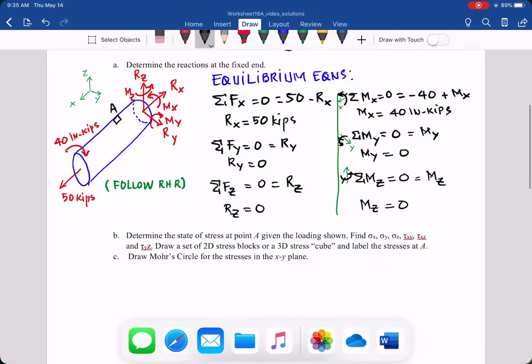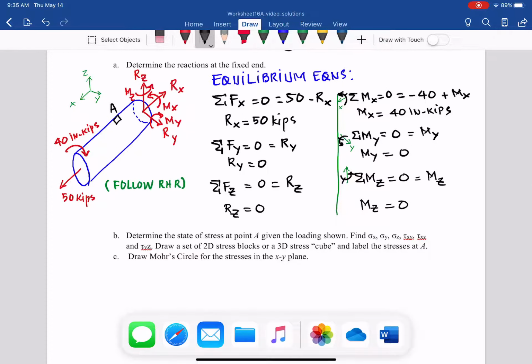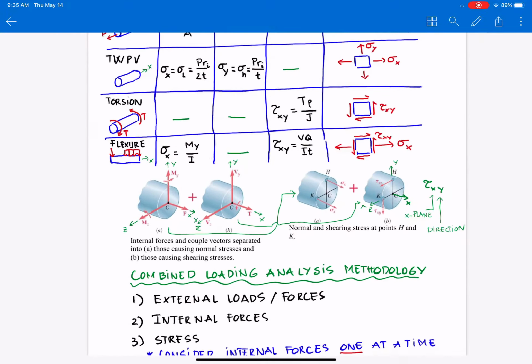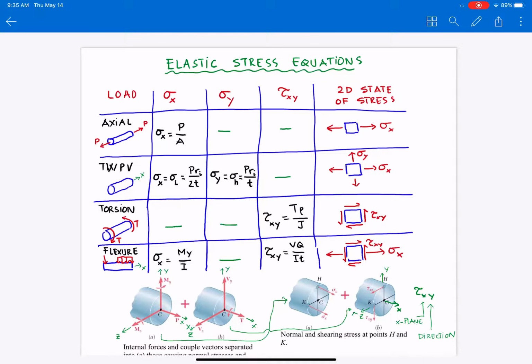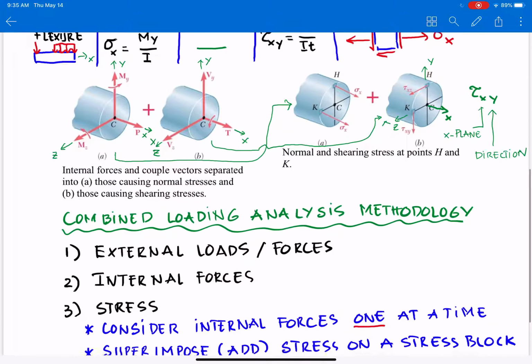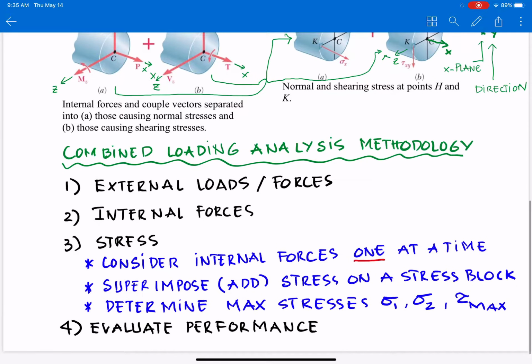So basically, go back to combined loading, where we have two types of load here, the torsion and the normal force. Go back to review what we have here: with different types of load, we create different internal forces and stresses. Then the analysis procedure: external loads, forces that we just did, and now you can see the next step, the internal forces, and then we do the stresses, and then